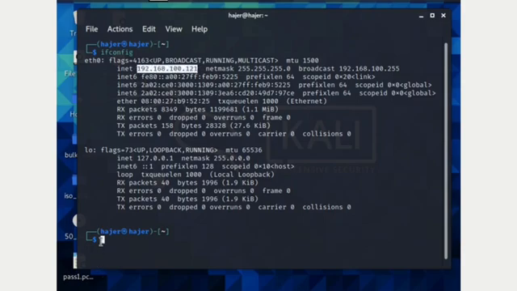And the first step in this attack, I will start the Apache server. So I will type sudo service apache2 start,